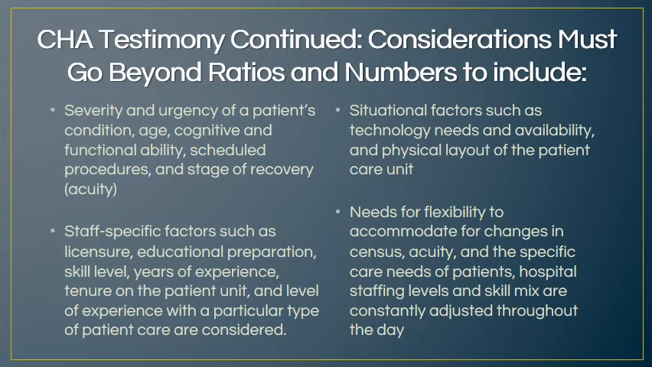Connecticut Hospital Association testimony continued. Considerations must go beyond ratios and numbers. The Connecticut Hospital Association testified that recording nurse-patient ratios creates an unnecessary administrative burden and does not consider important variables that impact patient care. Factors mentioned are age, cognitive and functional abilities, severity of condition, scheduled procedures, and stage of recovery. Staff considerations include education, licensure, tenure, and skill levels relating to particular types of care,